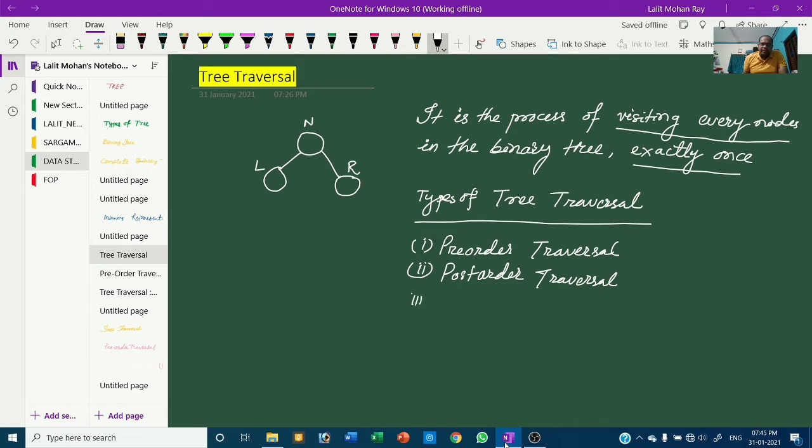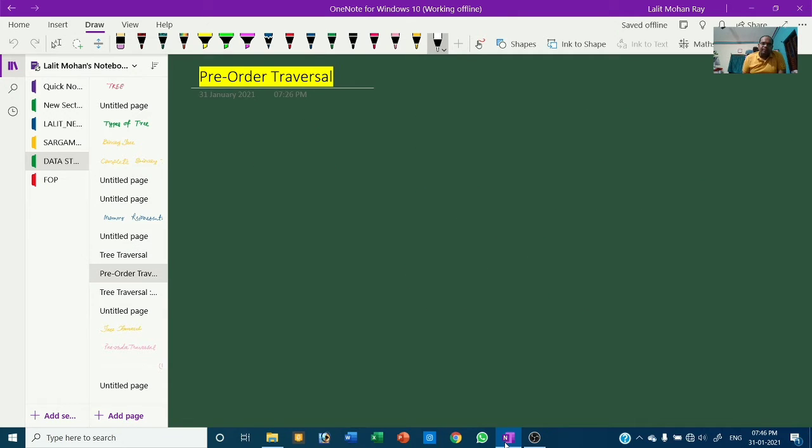And number three is in-order traversal. So we have to discuss all these traversal methods separately with suitable examples. First we will discuss the pre-order traversal, with the help of an example.